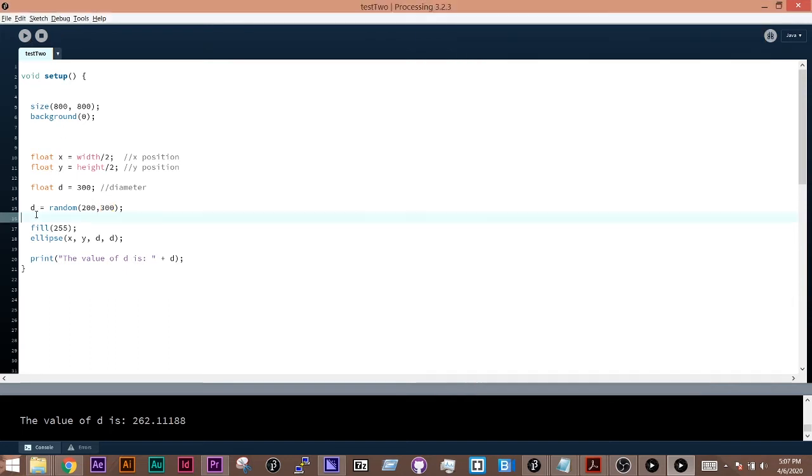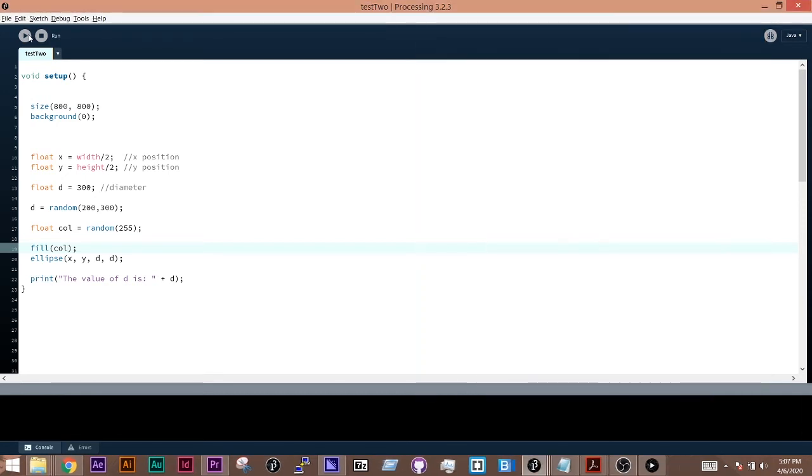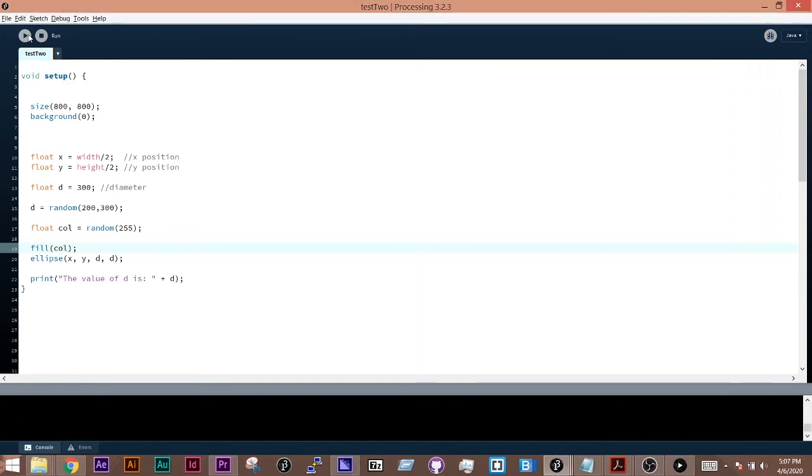So here, what I might do is create a new variable. So float col equals random 255. And now I can do fill is going to be that col. And each time we're going to get a grayish or whitish. That one's a little bit darker,